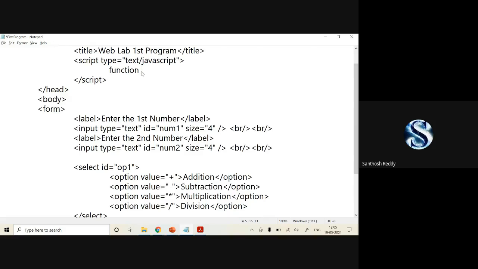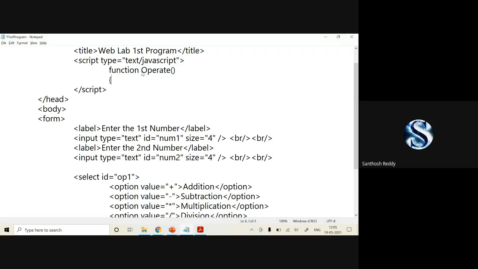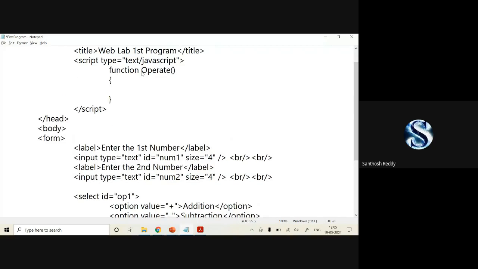I'll give my function the name operate, then open the parenthesis and close the parenthesis. That's it. This is how we can do it.